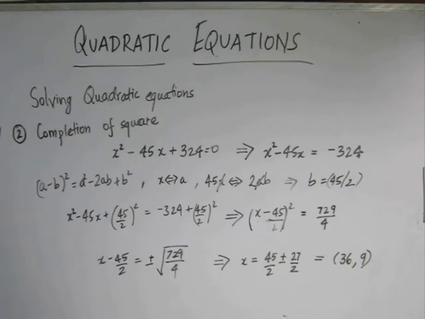And now we will use the concept of completion of square in a general case where ax square plus bx plus c is equal to 0 is the given quadratic equation, and we will try to obtain a general form for the solutions of the quadratic equations.